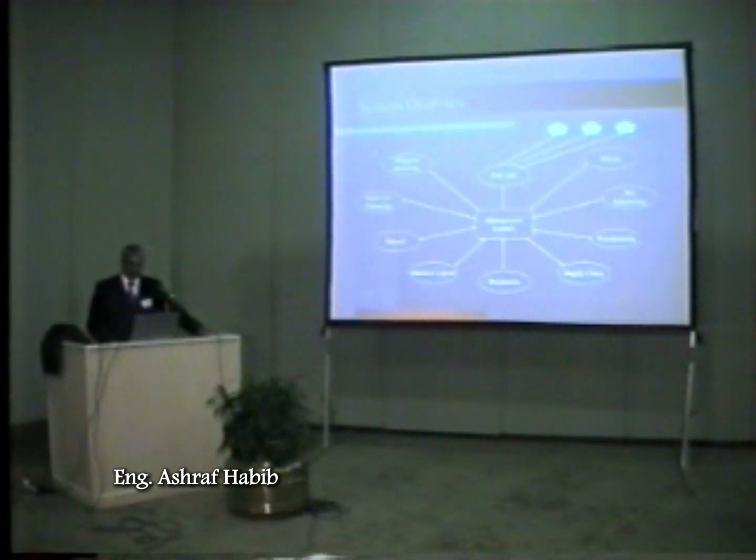This is what the system is going to look like. We have a management control system in the middle, and we have pricing. We have a pricing program to help the factory price the product. Now, I've seen a lot of factories that try to price the product, and they use very simplified methods. If they want to be accurate, it takes them about 2 weeks to come up with the correct price. If they're not accurate, and they give you a very quick price, they're either 35% over or 35% under. Depends how lucky they are. So we developed software that is very accurate in pricing.